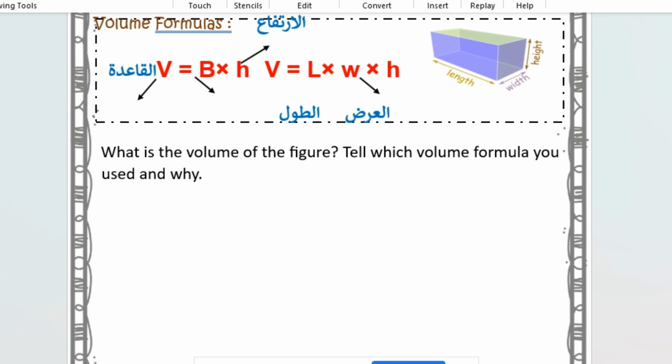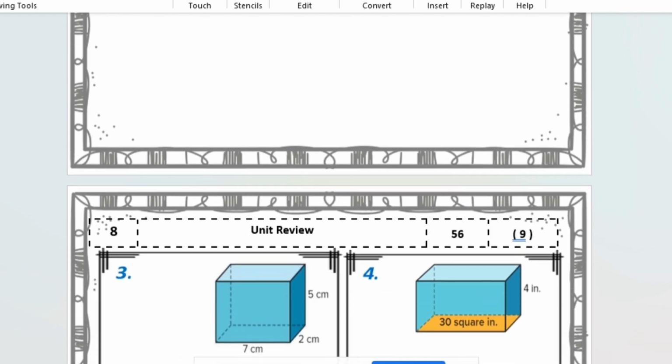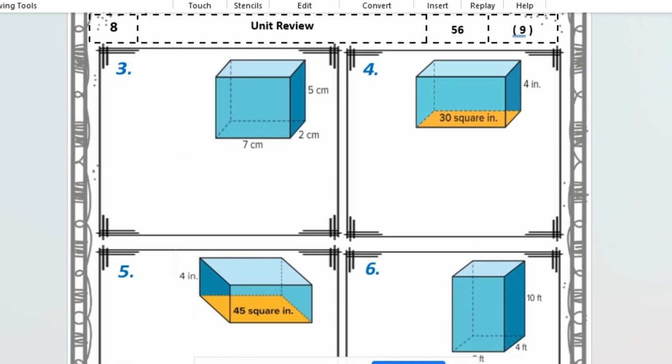Now this question: what is the volume of the figure, and tell us which formula you use and why. The figure they are talking about is this one. Since, as I've told you previously, we have two formulas: one is V equals P times H, and the other is V equals L times W times H. When we have all three dimensions, we use the second one, V equals L times W times H, which is 7 times 2 times 5. 7 times 5 is 35, times 2 is 70